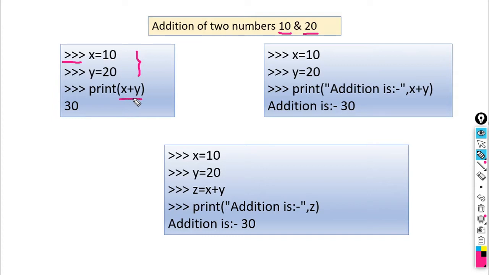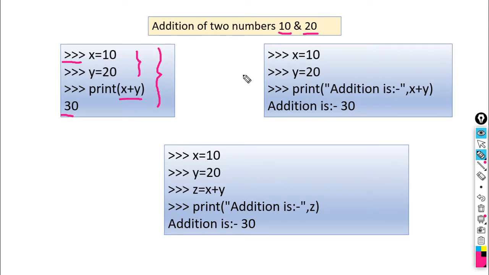The expression x plus y will solve addition of these two numbers, so you will get the output 30. These two are inputs, this is the processing step and output step. So this is the first method in which we invoke the mathematical expression in the print statement directly.